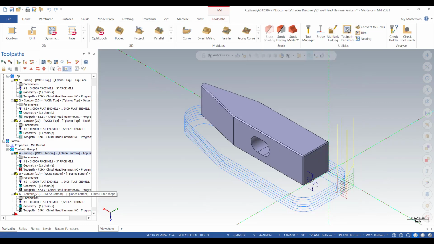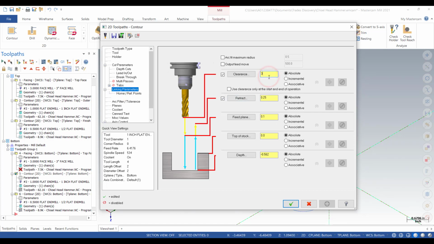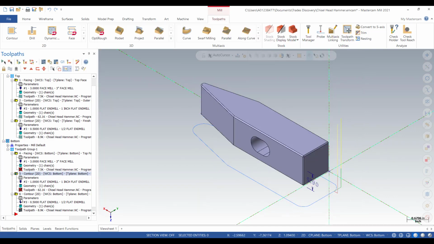All right. So that's facing, and the next is the contour roughing. Again, we'll change it to 3, retract to 1.375, feed 1.225, top of the stock again 1.125, and the depth is going to be 0.562, but this time it will be positive value. Remember, we are going bottom up. So say OK,